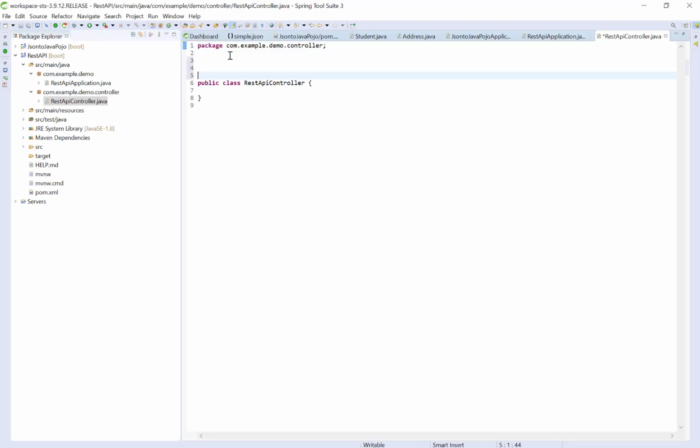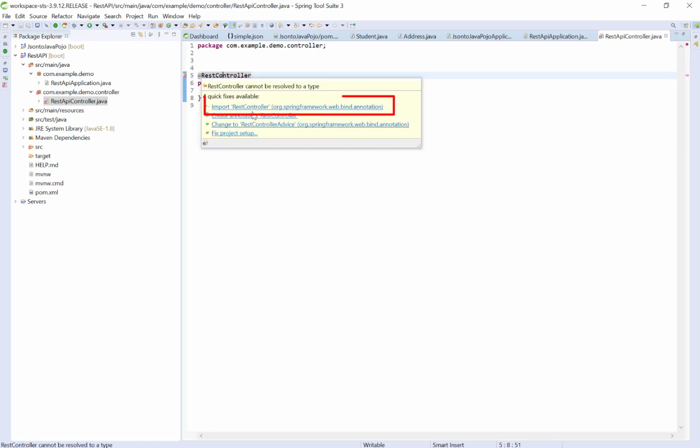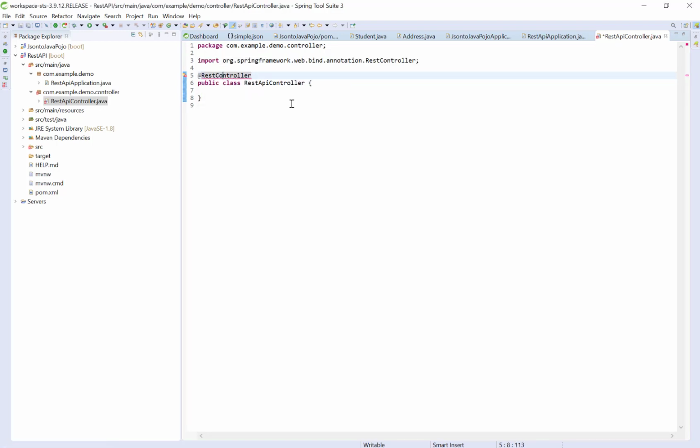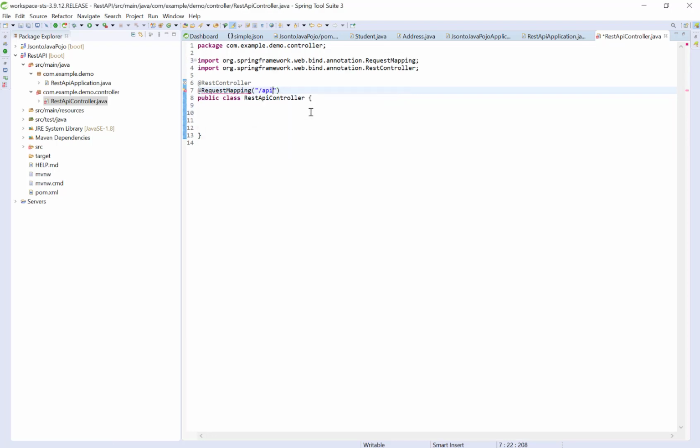To create a REST API we need to make this class a controller. I will give @RestController. Inside this I will create one method.